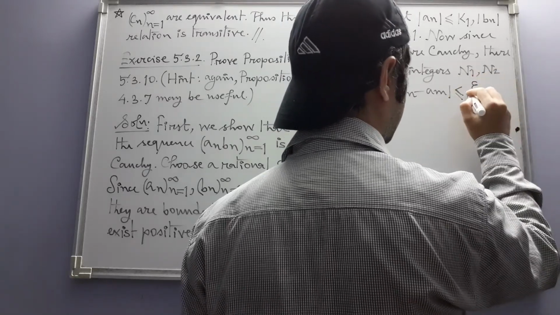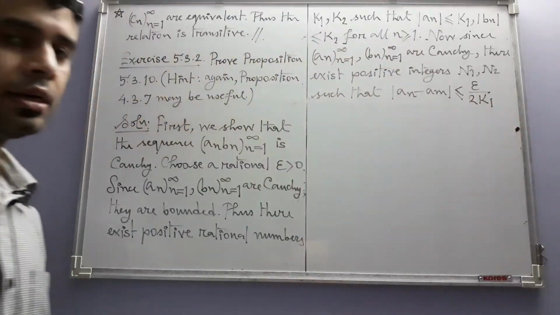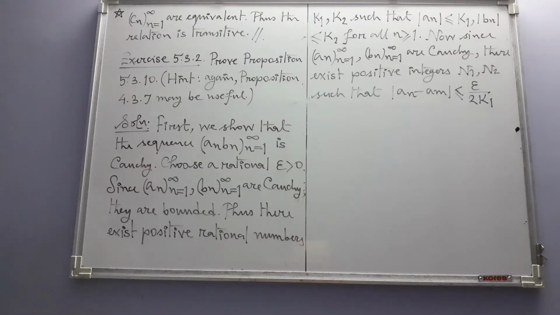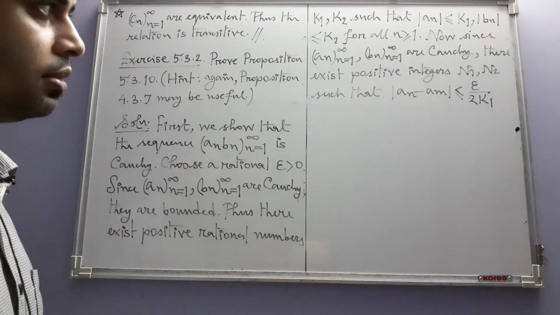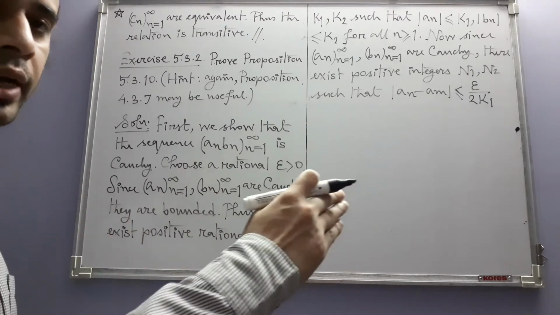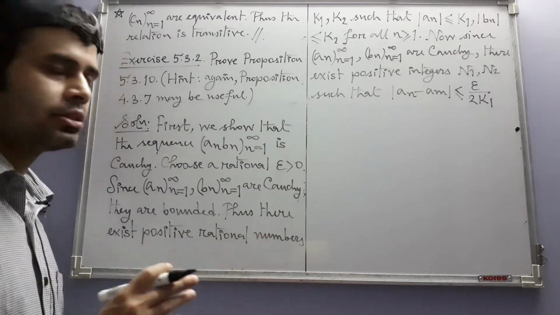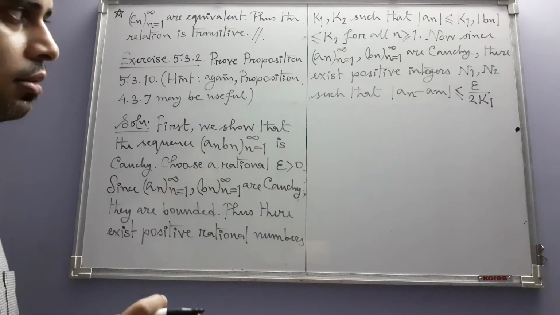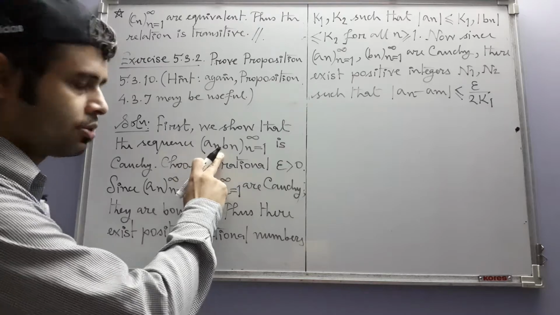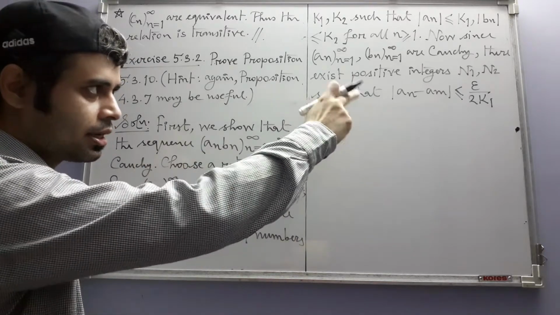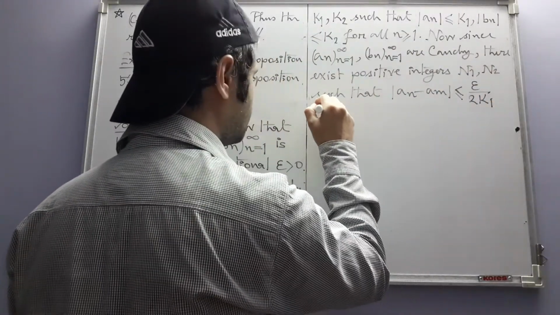We consider it to be epsilon divided by 2k1. There are reasons for this choice. It will become apparent, and you can almost guess why we chose this, because in our final calculation we will be trying to estimate the distance between anbn and ambm, because we need to show that this sequence is Cauchy. In that calculation, this type of choice will be useful, such that